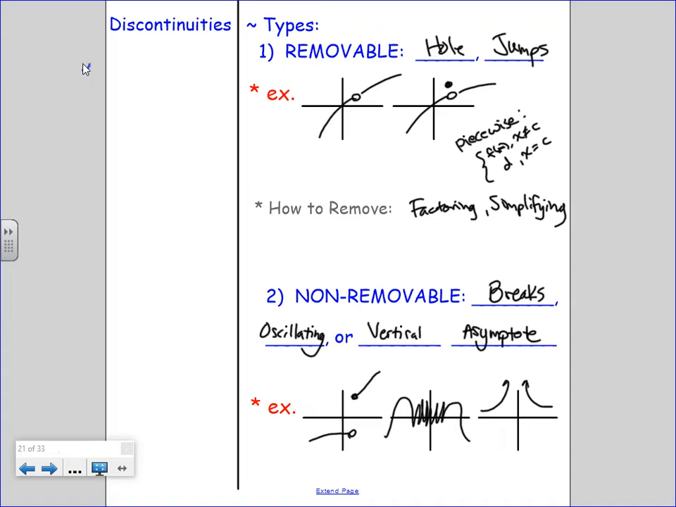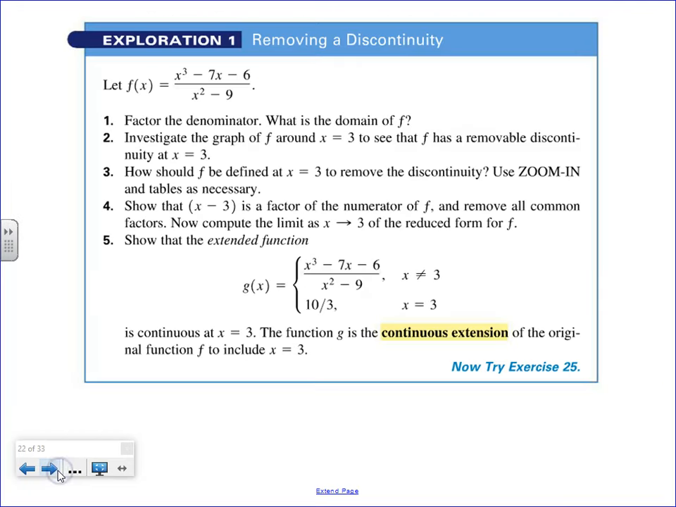I think this is where we ended on Thursday with the difference between removable and non-removable. Oscillating is non-removable, and jumps, like defined by a piecewise, are removable. Just something to keep in mind. But remember, breaks or not, if the one-sided limits do not meet up, that's non-removable. There's technically a whole exploration you do, but